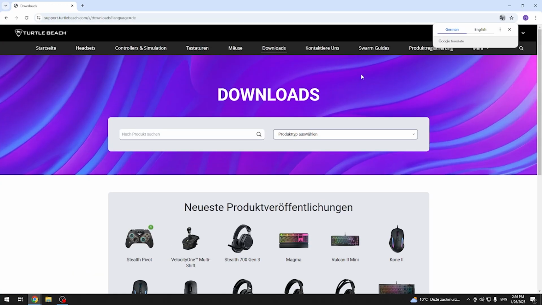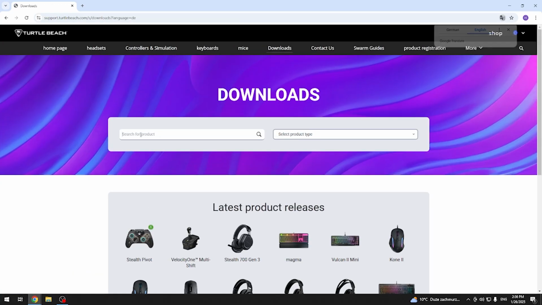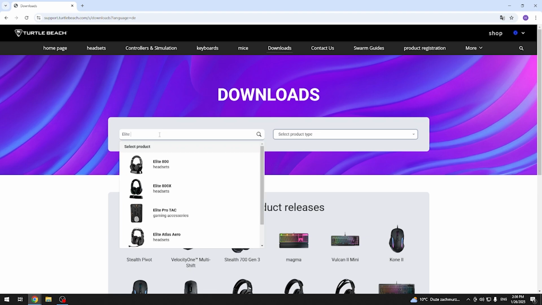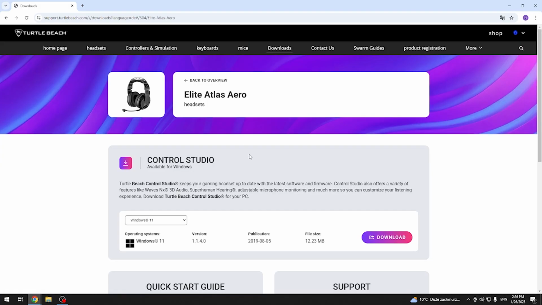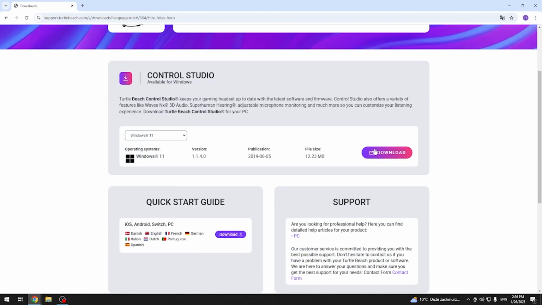Now, right here in the search line, write Elite Atlas, and find it. Click on it, and right here we have this application. So click download,